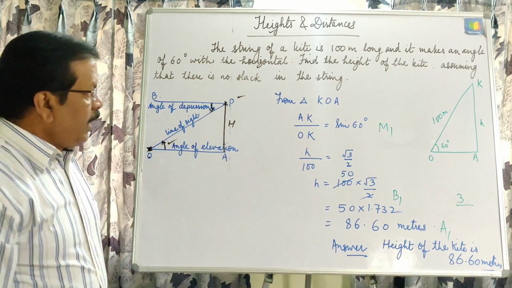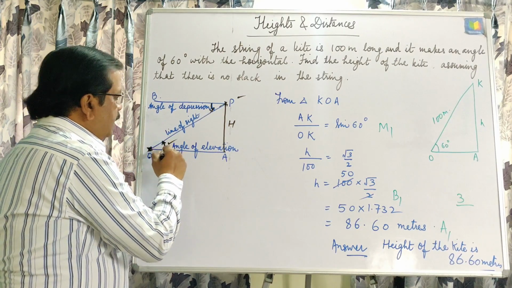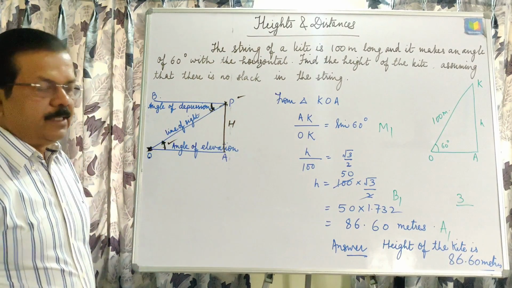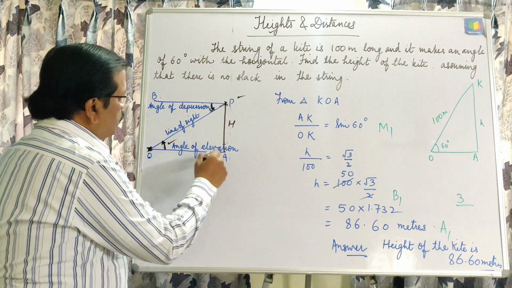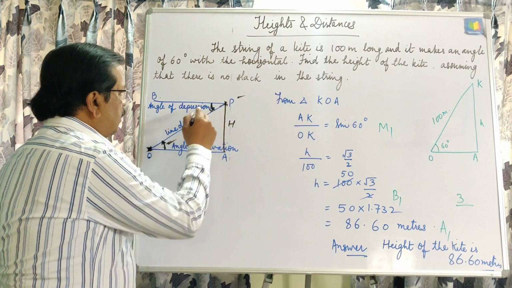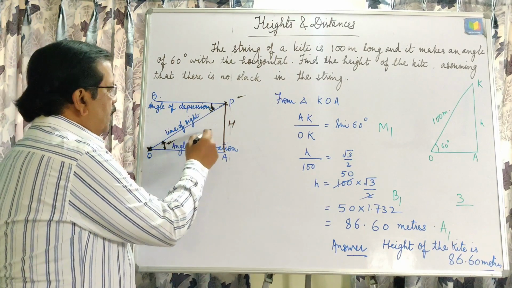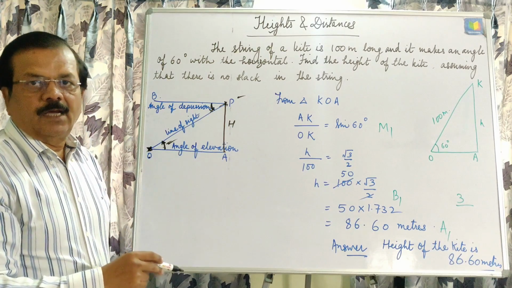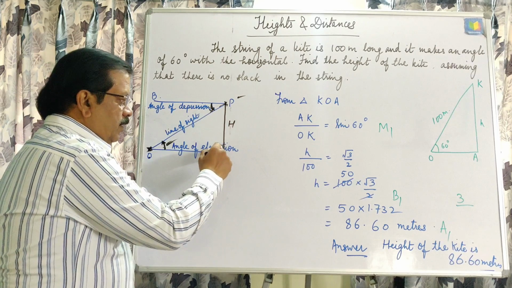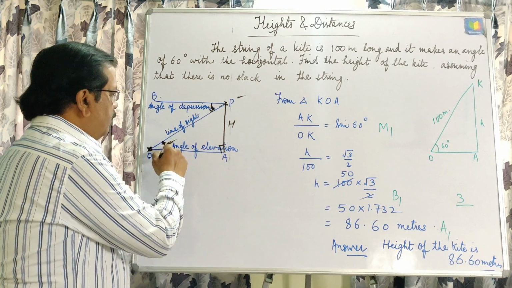this is called the angle of depression. And this is clear with the help of triangle properties: this angle is equal to this, that is, alternate angles are equal, because these two lines are parallel and this line intersects them. This way, no matter which way we draw our figure, ultimately we will get this triangle, and this will be a right angle triangle. This is 90 degrees and this angle will be given.